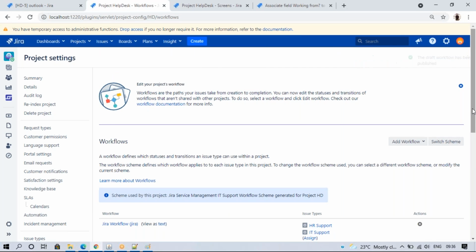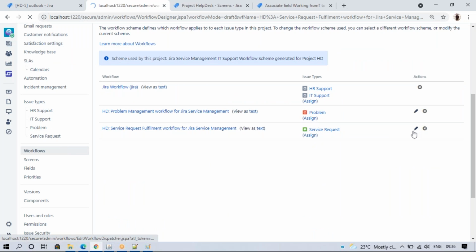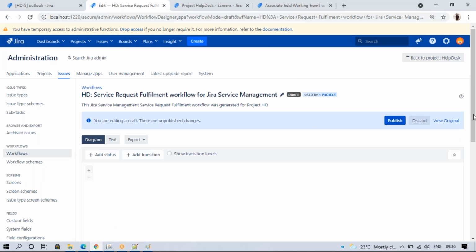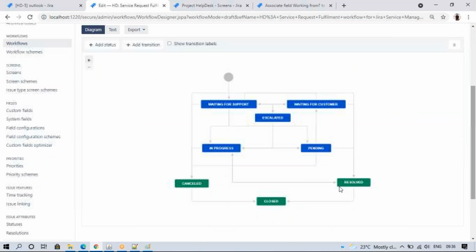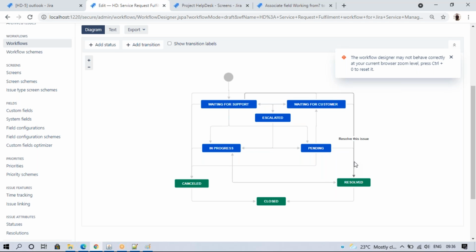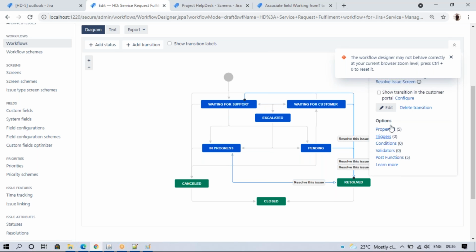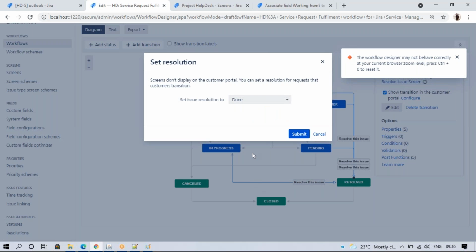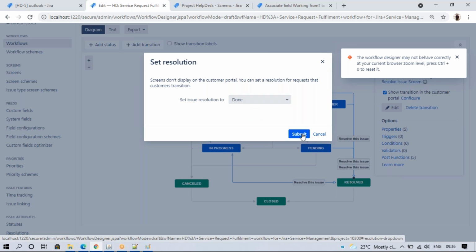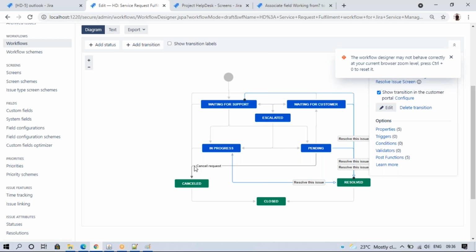But when we give the permissions to them, for example Resolve issue, I want to give the permissions. When they resolve it, you want to set a resolution, Done. Or else Cancel request or escalations.